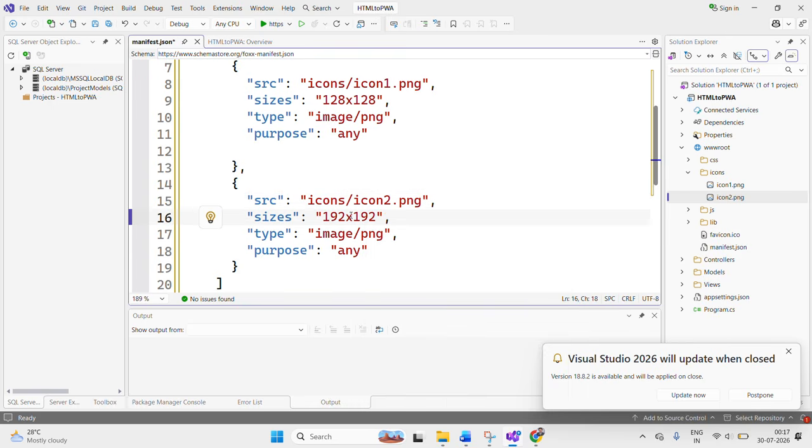Okay, it is of 512, so I will write 512. Please make sure that icons are so important. If your icons are not loading properly, your PWA will not work. Now the step number 2, we have to add our